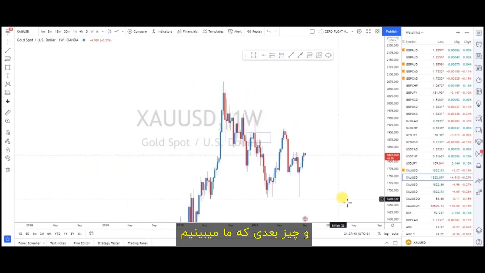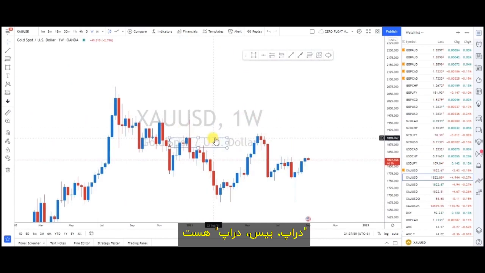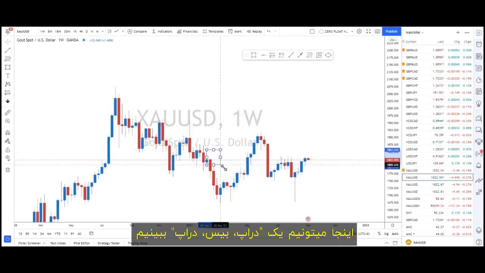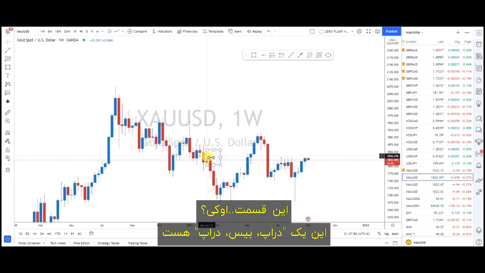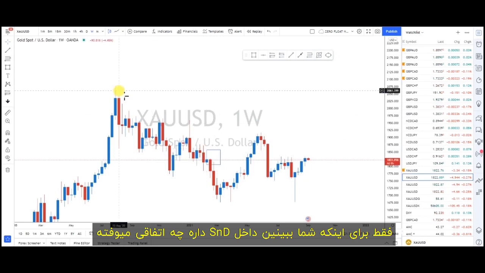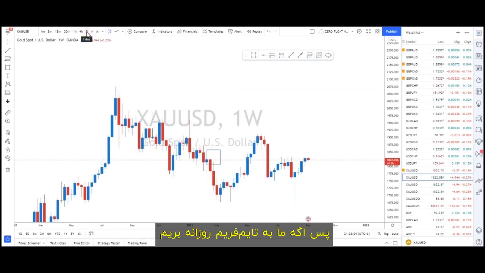And then the next thing we look at is the drop base drop. I'm going to shift this from here to here. Here we can see a drop base drop, this area. So I'm just going to mark this full zone just for you to see what is going on inside the S&D area. So if we move to the daily time frame,